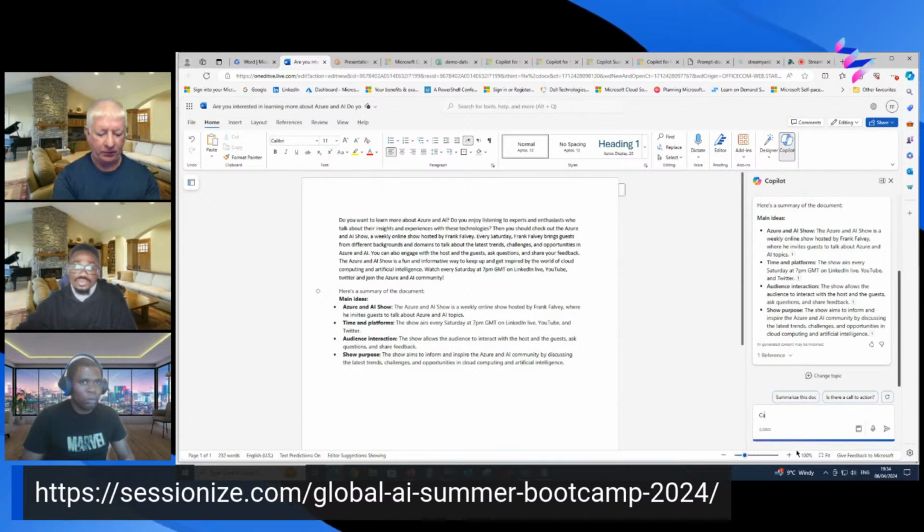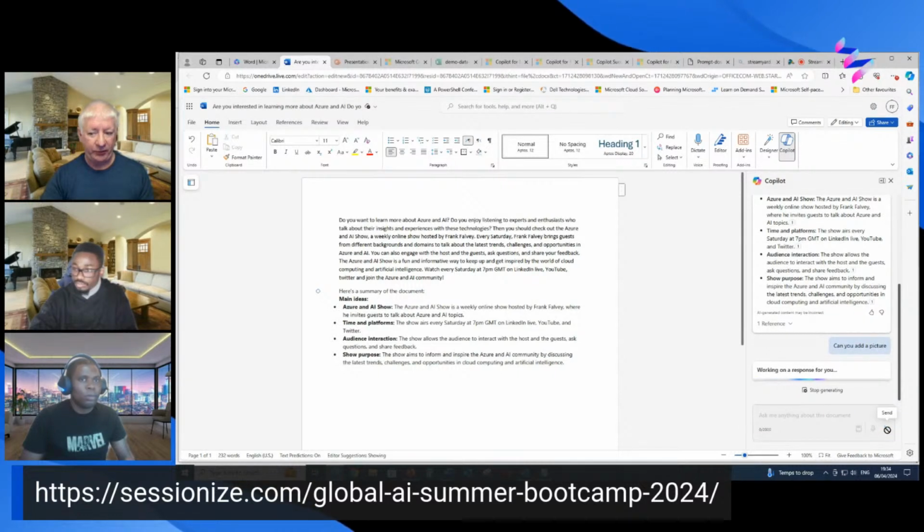Add a picture. So sometimes you just have to think of prompts that you want to put into it. I'll show you a bit more about the prompts now in the middle. So we'll see if we can actually use Designer to look at the document and pick out a picture